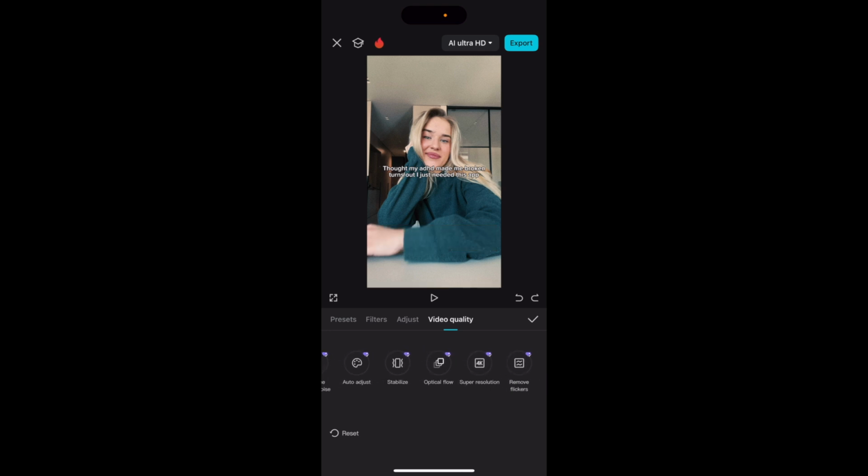You can also adjust the video quality with this, meaning that you can auto adjust any image quality. So if you wanted to make it Ultra HD